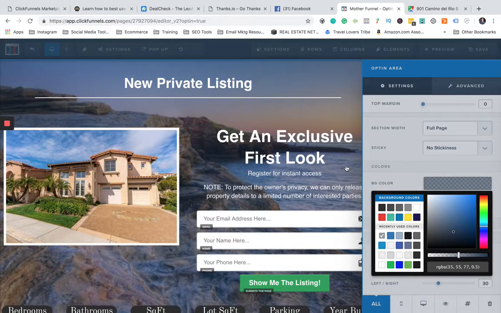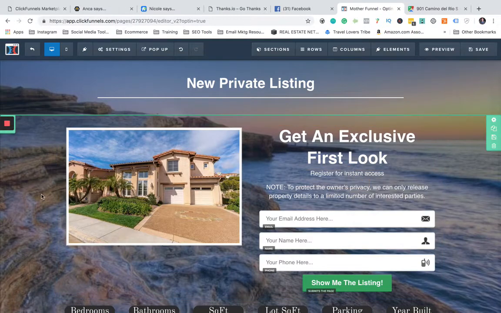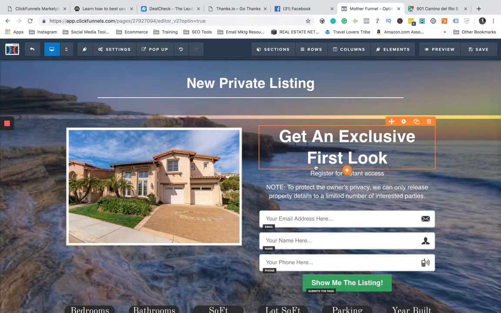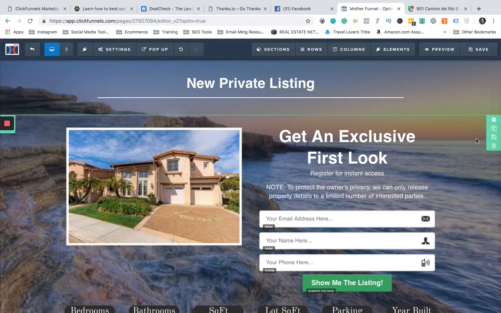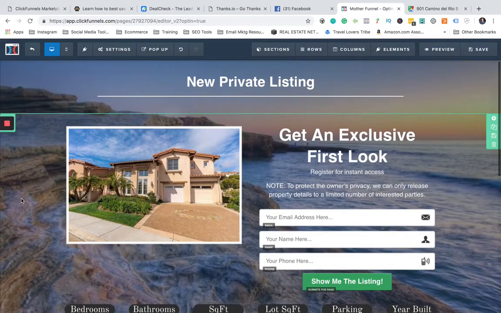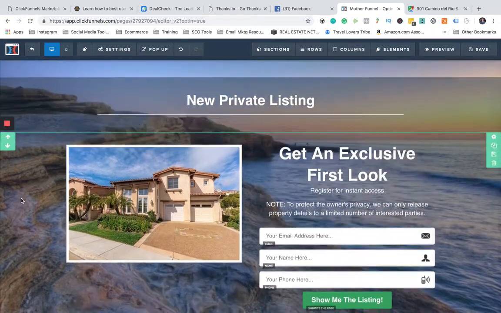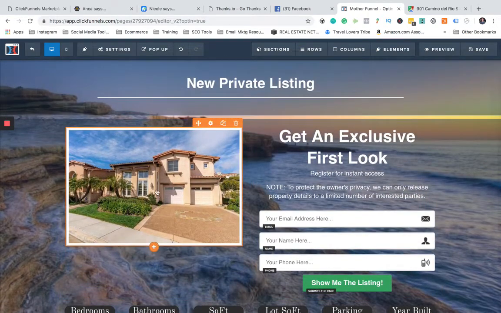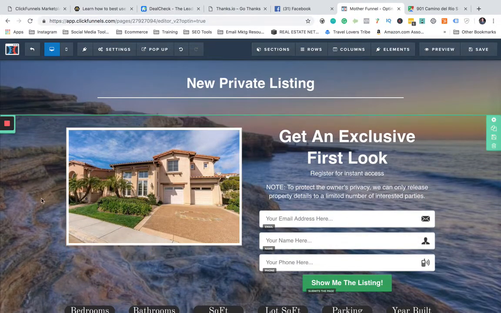I think it's a good blue tint. I don't want to cover too much tint because this is actually San Diego. This is La Jolla. This is kind of a picture of sunset. And the reason I put La Jolla in the background is because this house is actually in La Jolla, San Diego. So I kind of want to show and almost sell an emotion of, if somebody sees my Facebook ad